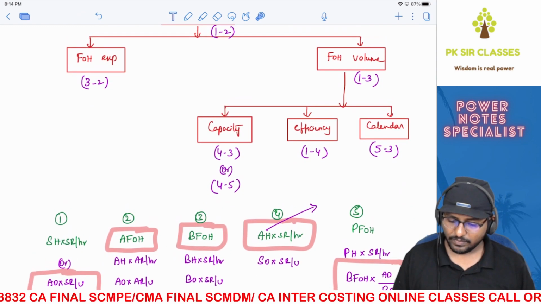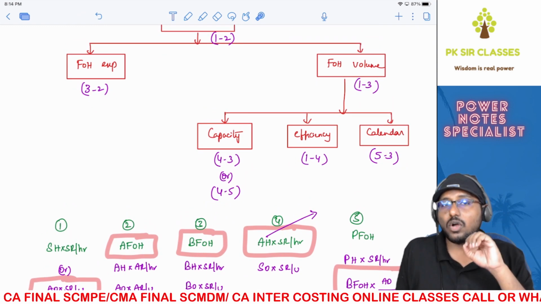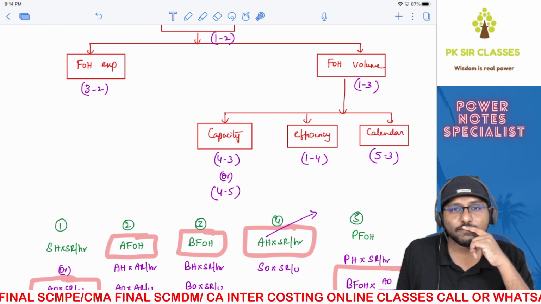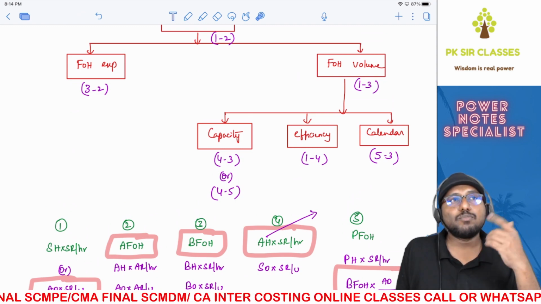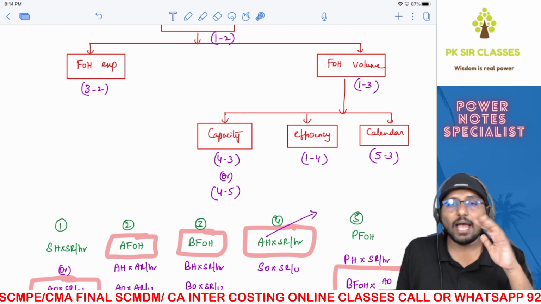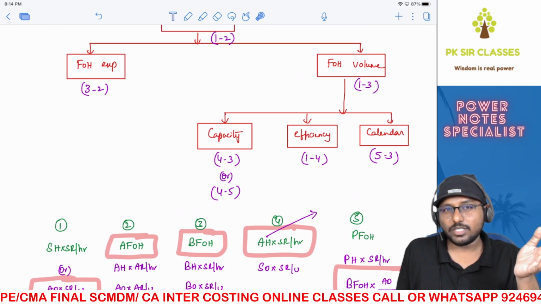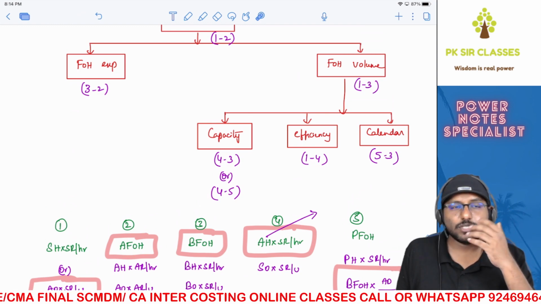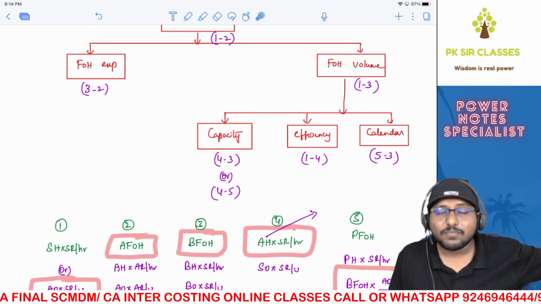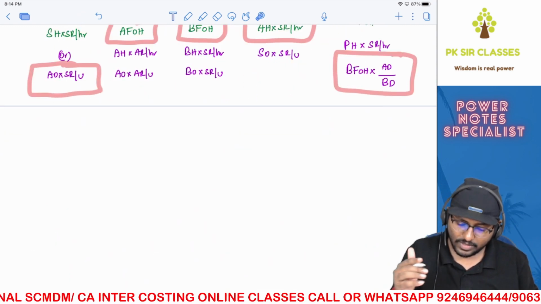Okay, sir. Fine, sir. Now here comes the most important point, sir. In marginal costing, there is no concept of absorption. This I told you when I taught you the concept of absorption itself. Under the absorption costing method only, you have the concept of three types of overheads: budgeted, absorbed, and actual. But when it comes to marginal costing, that's not the case, isn't it? You have only two types of overheads: budgeted and actual. You got the point.